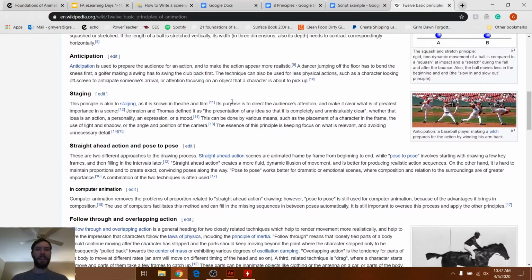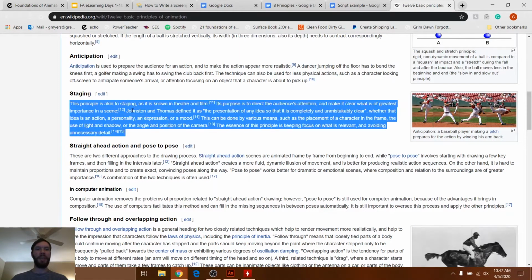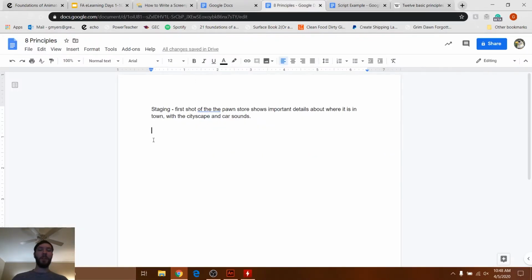Staging, right, is the purpose to direct the audience's attention. What is the greatest importance of the scene? So on this page, we are going to just list out, and you could do this